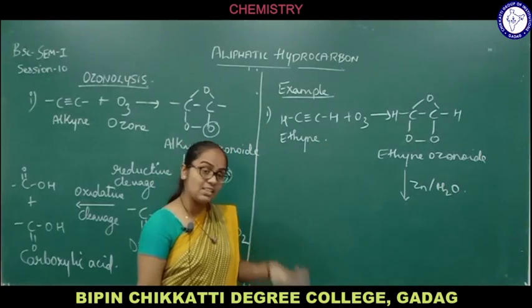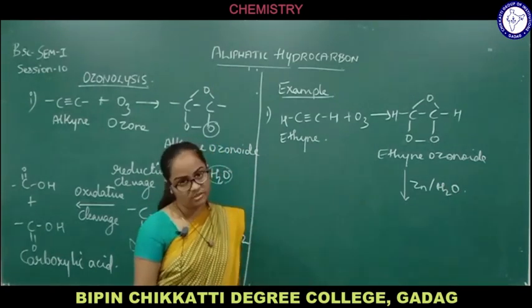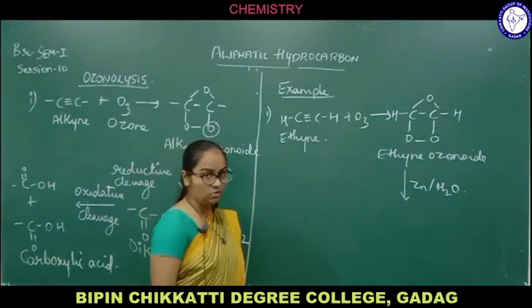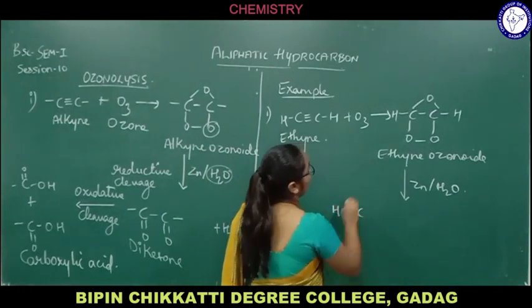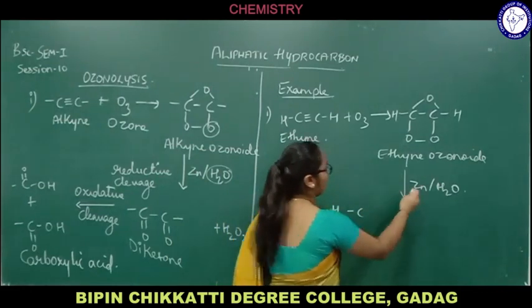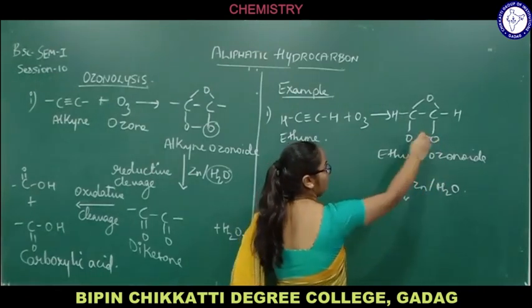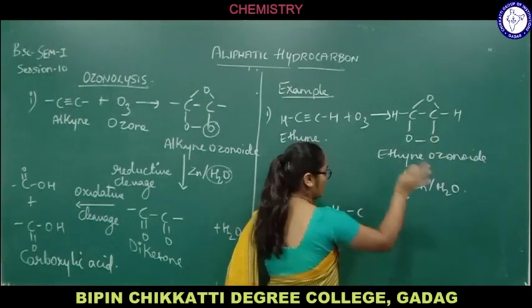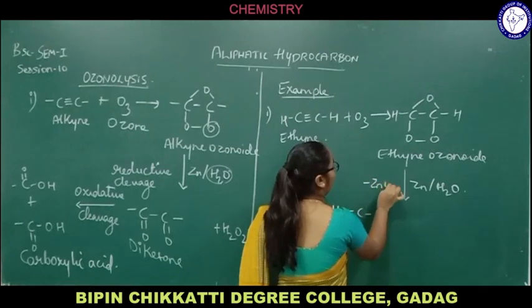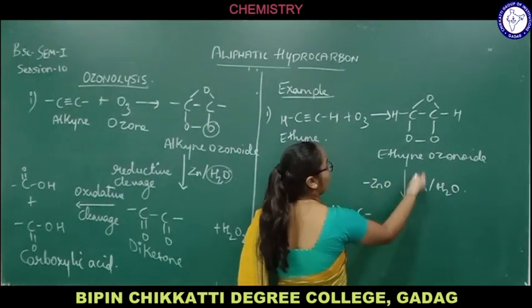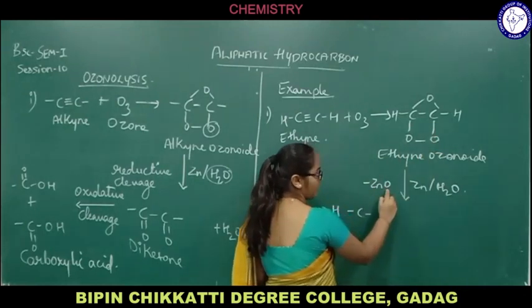since it is very unstable, it will undergo further reaction with the zinc dust and the water to yield a diketone kind of product, right? So here the 2 oxygen, now here what will happen, the zinc will take away the oxygen or the water molecule will take away the oxygen to form the water molecule. That is another criteria. So one oxygen will get removed by the zinc taking it out from the oxygen. So the zinc will remove the oxygen to form zinc oxide, and